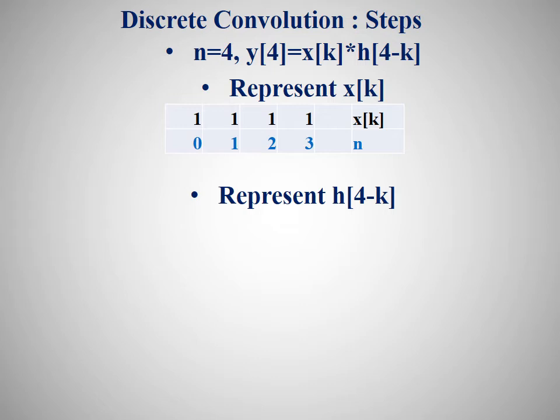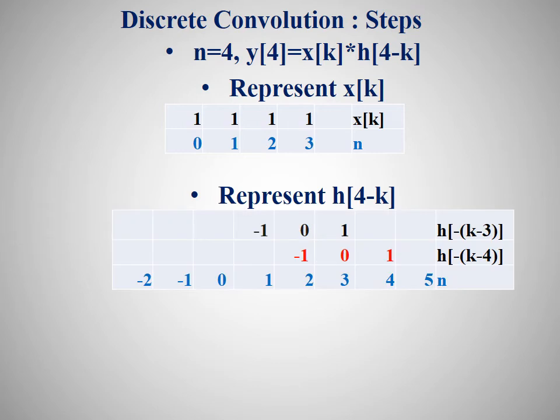h of 4 minus k is going to be our next step. Let us try to obtain h of 4 minus k. This is got as h of 3 minus k is taken from the previous case, and we are shifting to the right as seen in the previous cases. So let us see how this is going to be done. h of 3 minus k, or h of minus of k minus 3, was obtained as minus 1, 0 and 1 at n equal to 1, n equal to 2 and n equal to 3. So h of 4 minus k, or h of minus of k minus 4, is equivalent to shifting right by